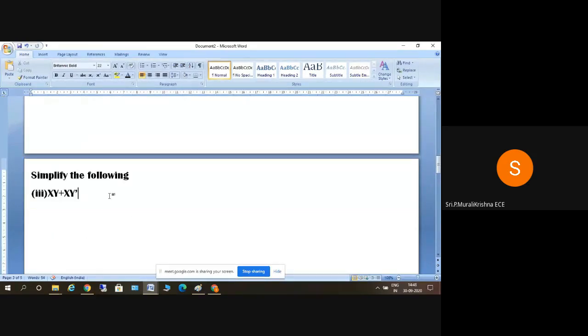So what is this answer here? xy plus xy bar. Take x as common here. So y plus